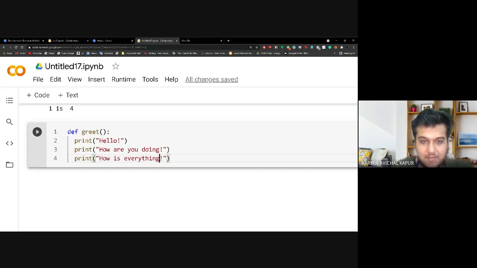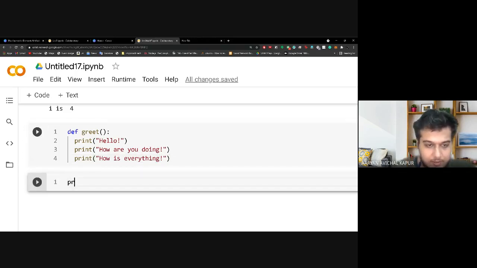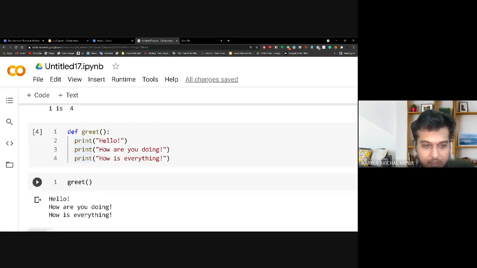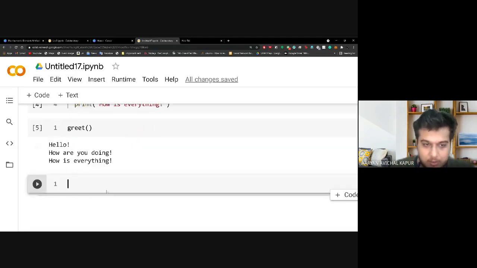So this is the greet function. So I simply say greet. You can see that I used print here. In a couple of slides you'll understand why we use print somewhere and return somewhere else. So let me just call greet. This is what it is doing, right?